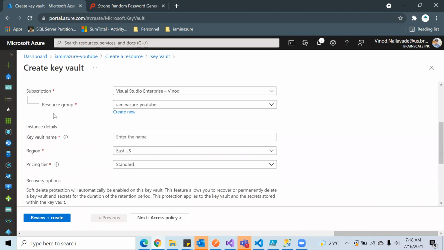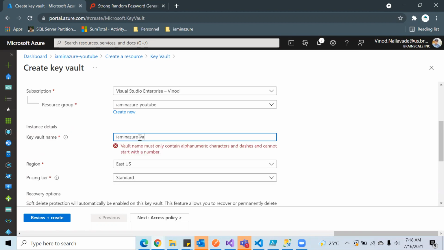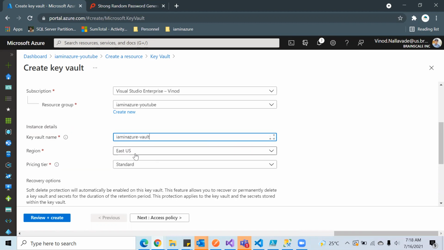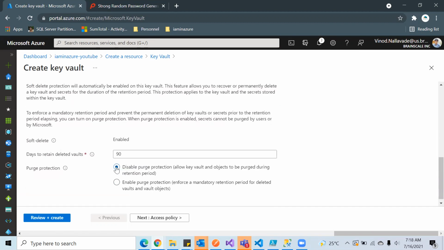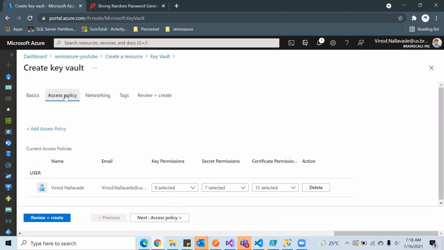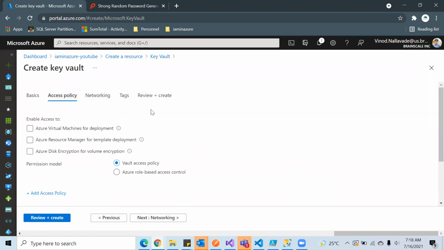So the subscription, the resource group, then the key vault name. Region, I'm selecting East US. Pricing tier to be standard. Keeping the rest of the things default.